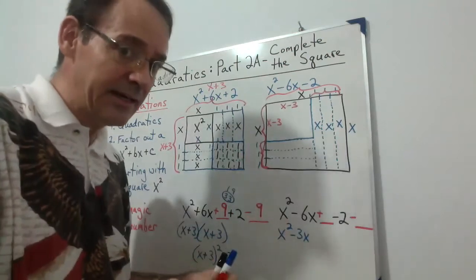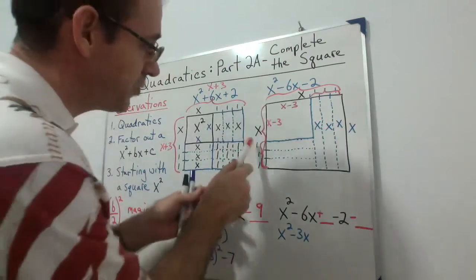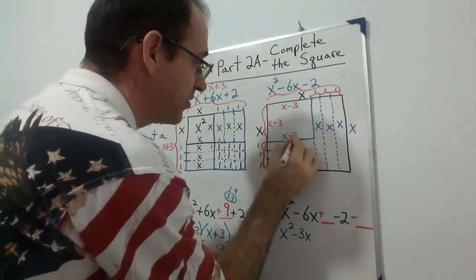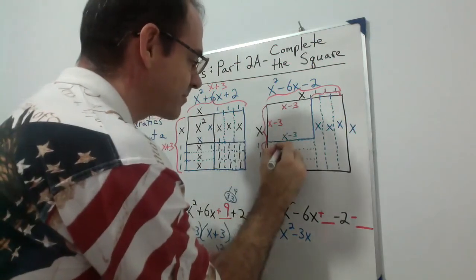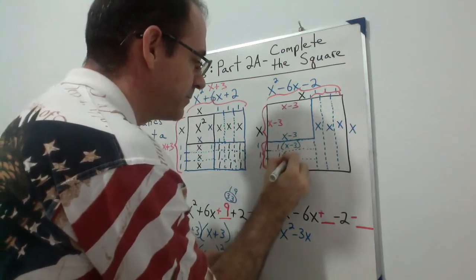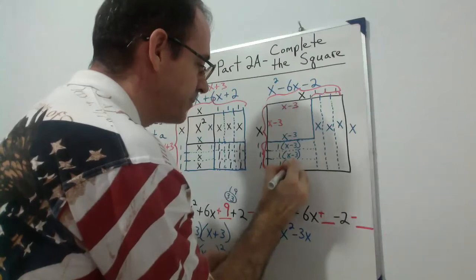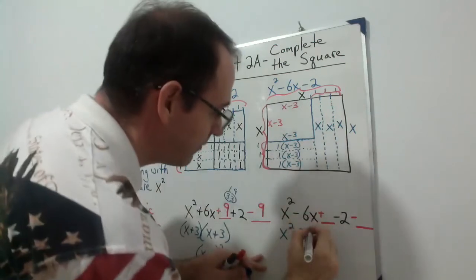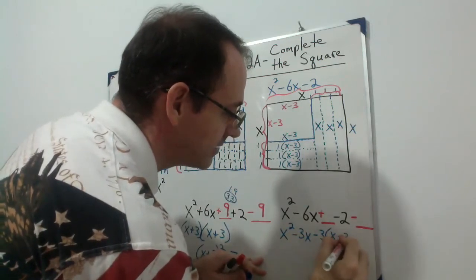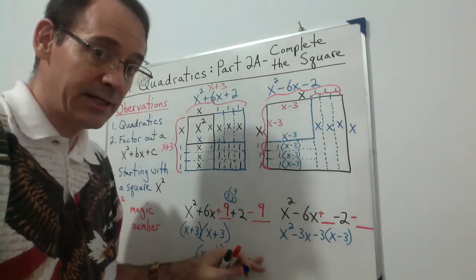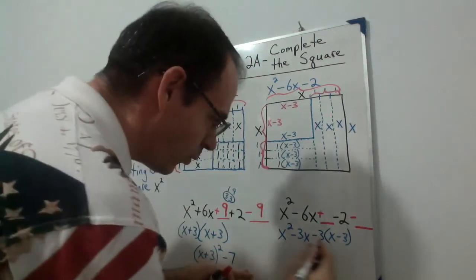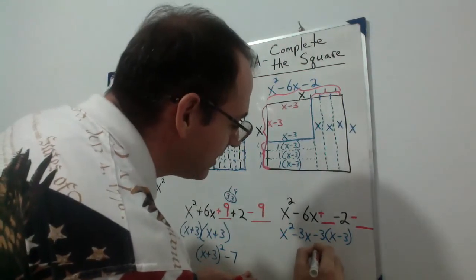Well, let's see how this works. So if this is 1, and now this side is x minus 3, we have one of those: 1 times x minus 3, and another x minus 3, and another x minus 3. Then that means we're subtracting 3x minus 3. Okay? So when we do this, we see that this distributes and gives us a